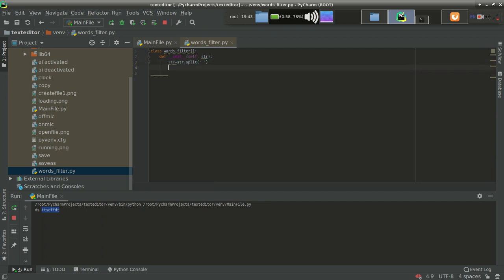This is the operation, and let's make a temporary list. I'll tell you why I'm making it: list1 = []. So here we have a new list. Here I am getting the list which has each and every word of my text area. So I will traverse each word one by one: for m in str.